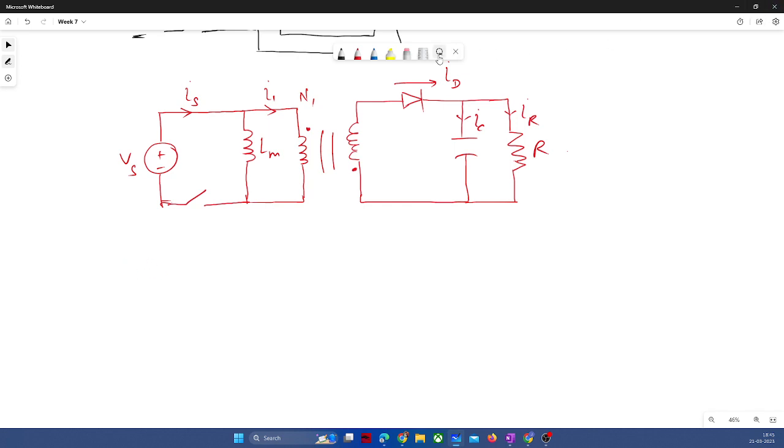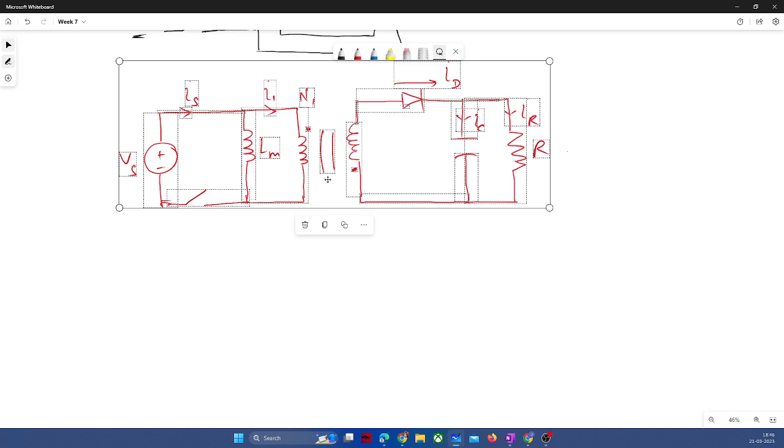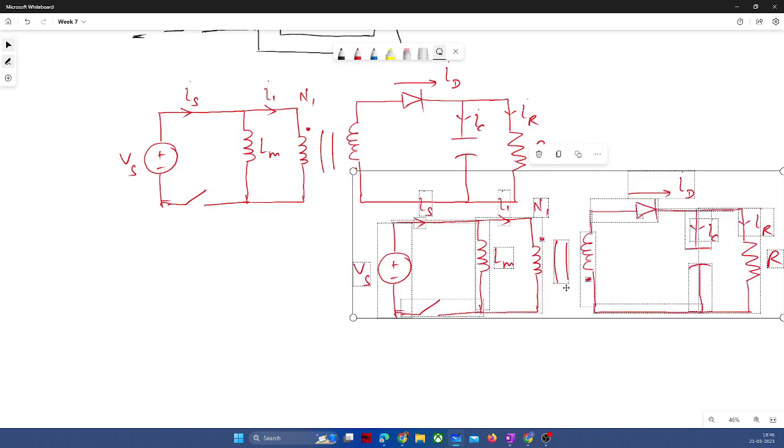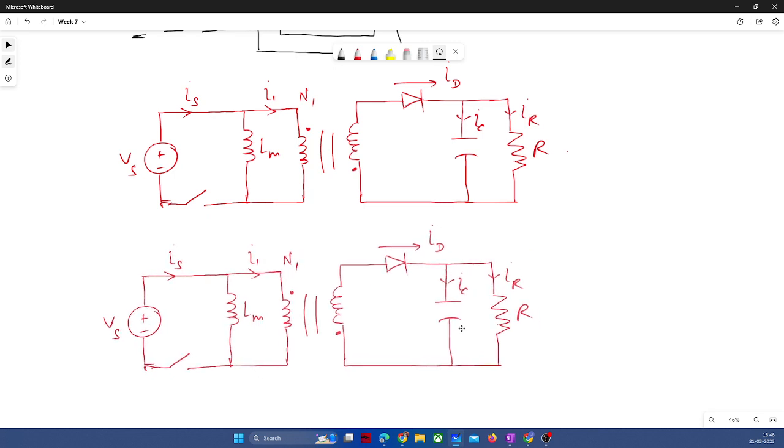Let me copy it so you'll be able to edit. When your switch will be closed,